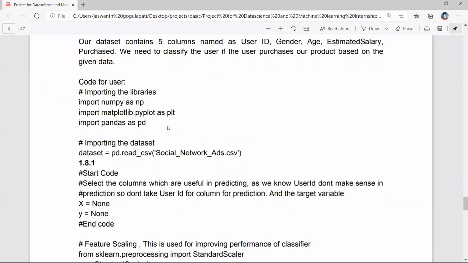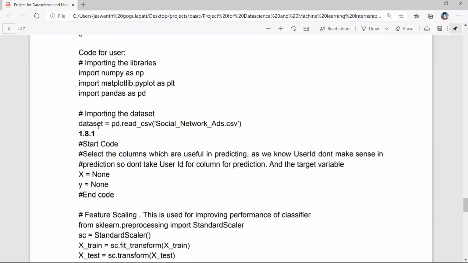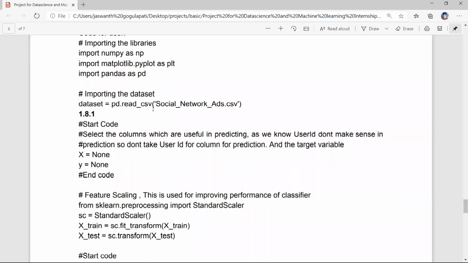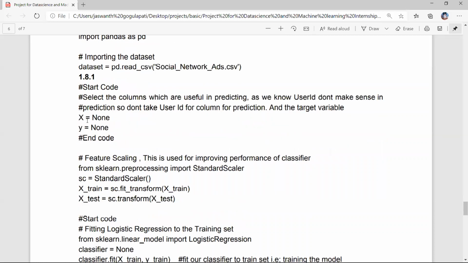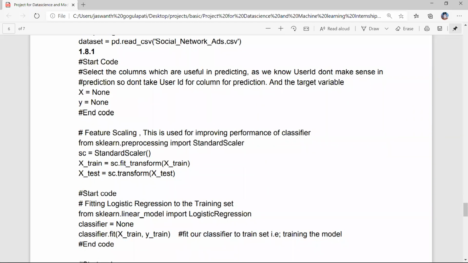First we import the libraries and packages we need. Next we import the data set using pandas, pd.read csv, with the file name social network ads.csv. Then we'll divide the data set into dependent variables and independent variables. And this is feature scaling. Without feature scaling we can also develop the model, but if we do feature scaling, we improve the performance of